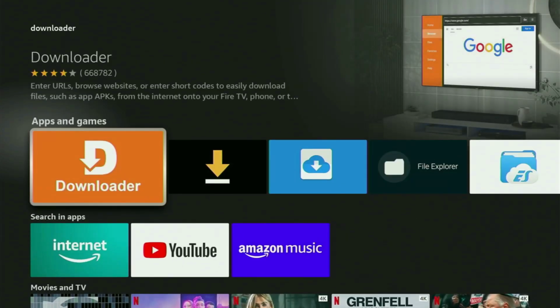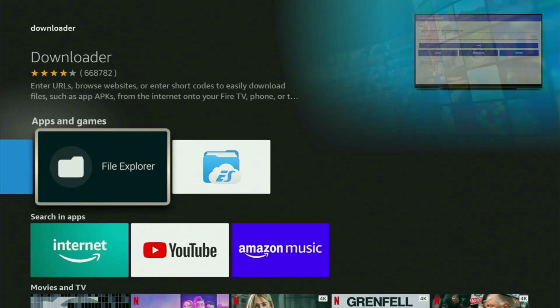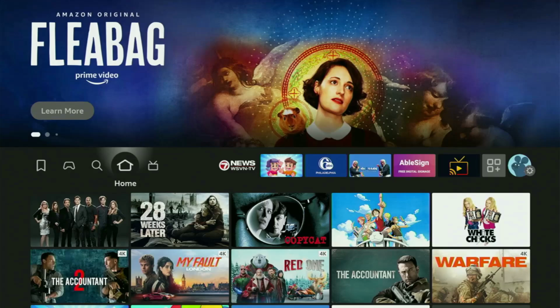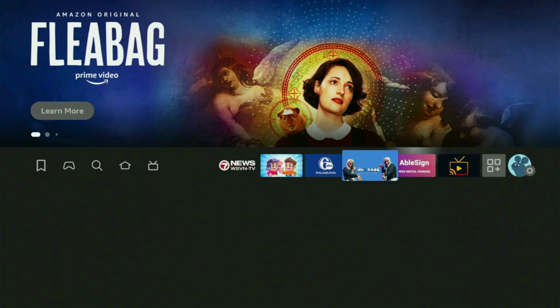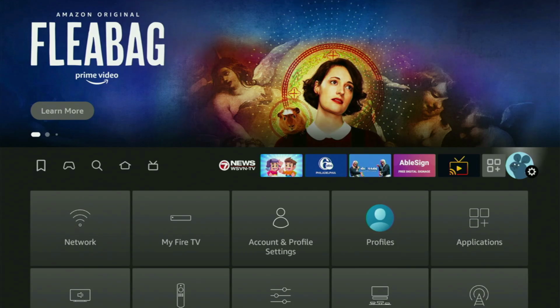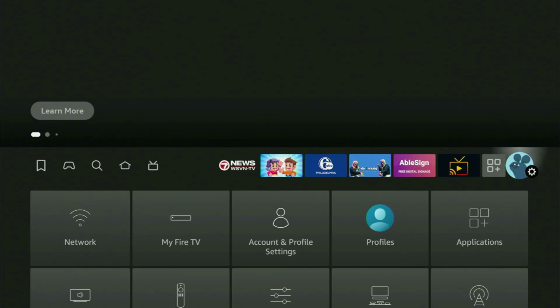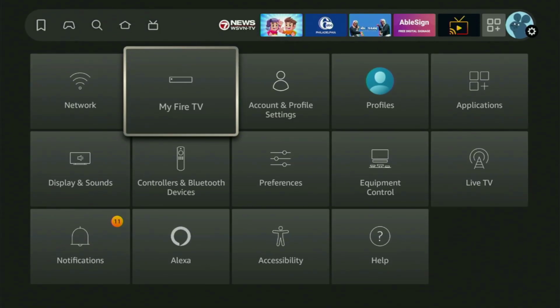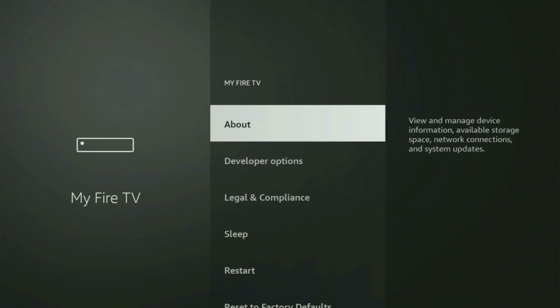So now, in order to actually set up the loader on the Firestick, we'll obviously need to go to the settings on your device, and you can access settings right here by selecting that button with a gear icon. Then just scroll down a bit until you see My Fire TV. Click on that setting, and now from here what we have to do is turn on developer options for the